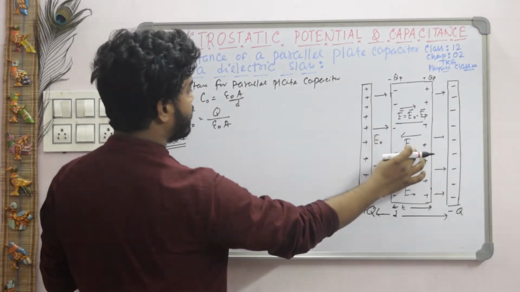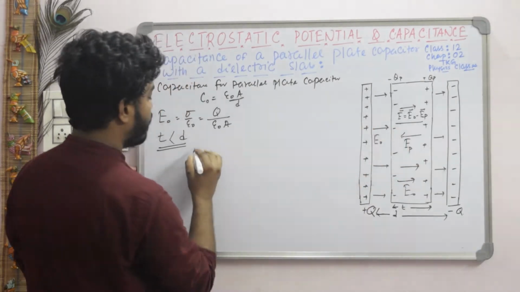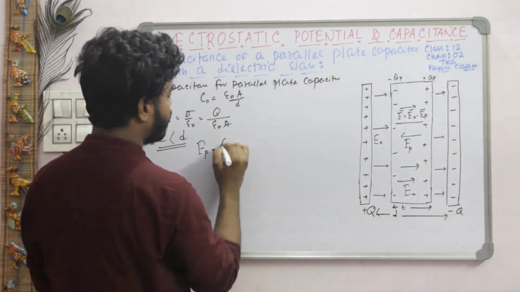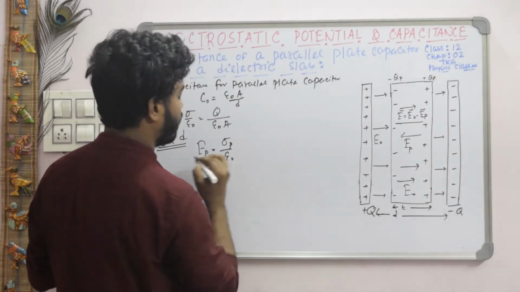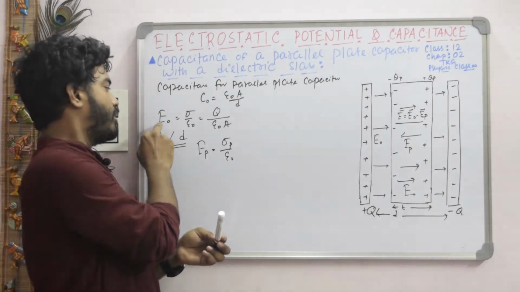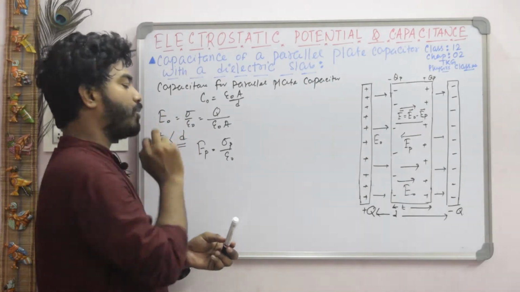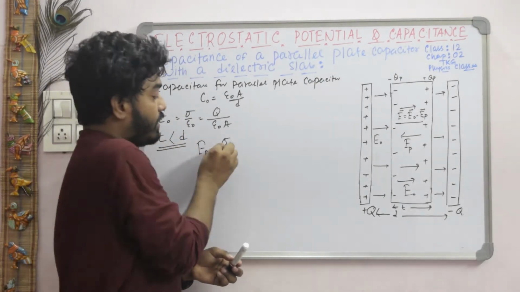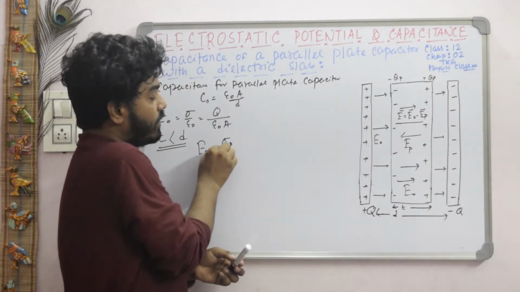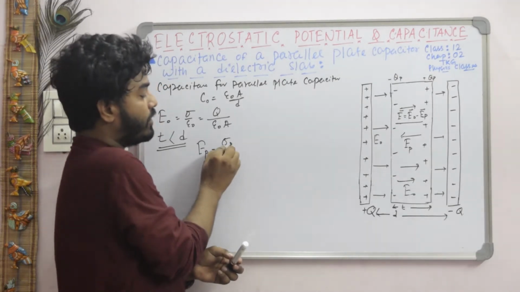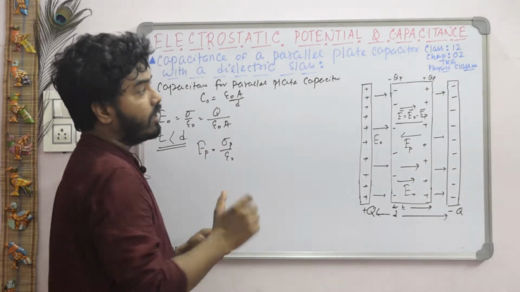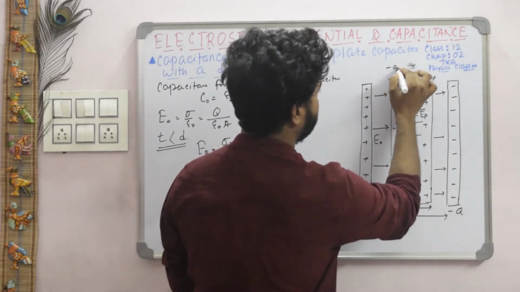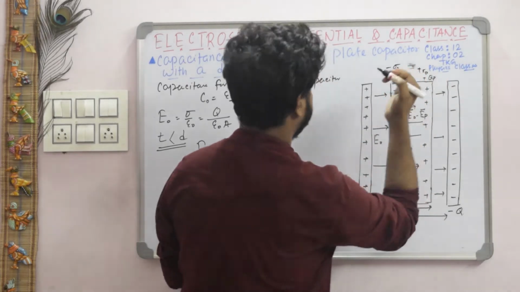So write it down. When there is a dielectric slab inside the capacitor, there is a developed electric field, the induced or polarization electric field EP, which is represented by which formula? That is sigma P by epsilon naught. You know that when we represent E naught, the formula is sigma by epsilon naught. Now EP is the electric field due to polarization, so there must be a surface charge density sigma P, the surface charge density due to polarization, which is minus sigma P on one face and plus sigma P on the other.